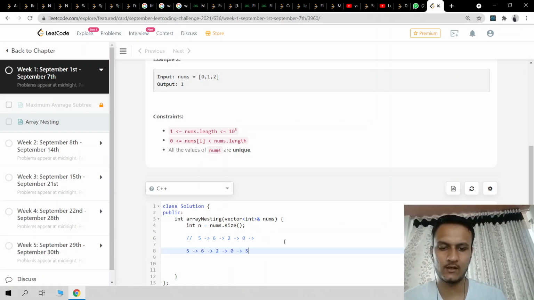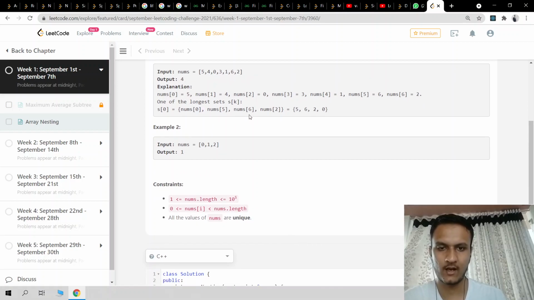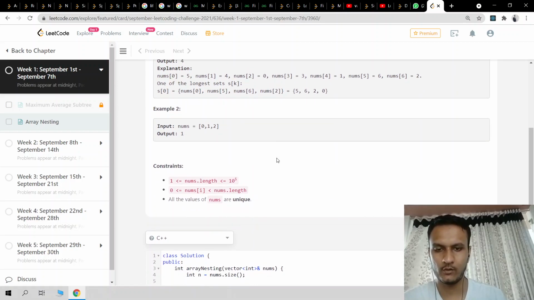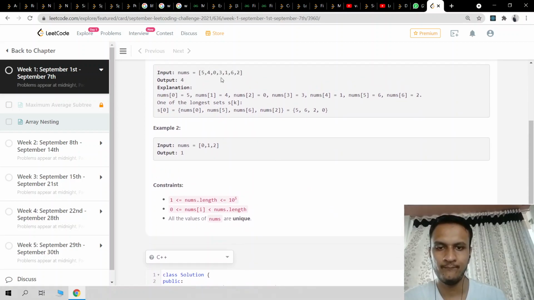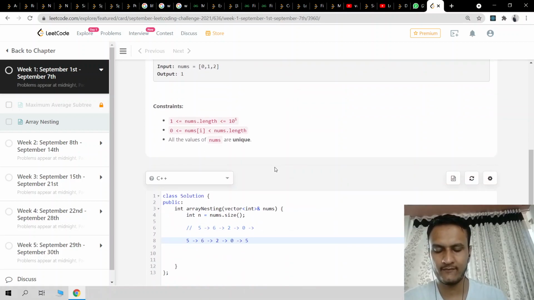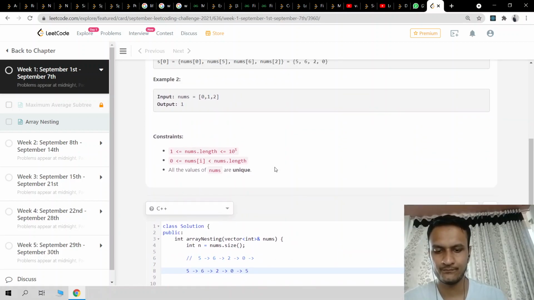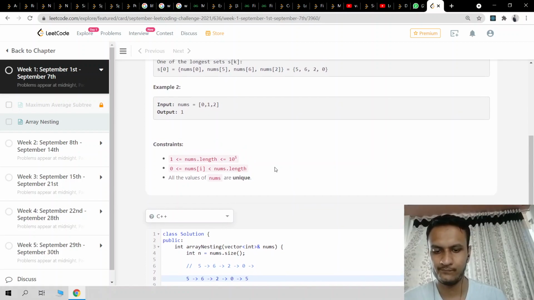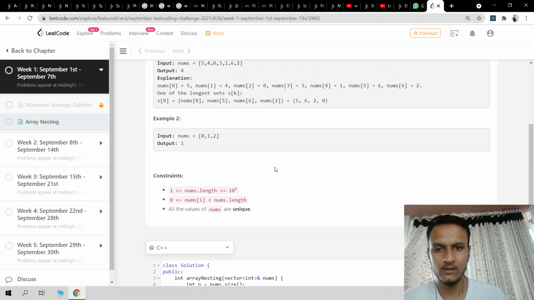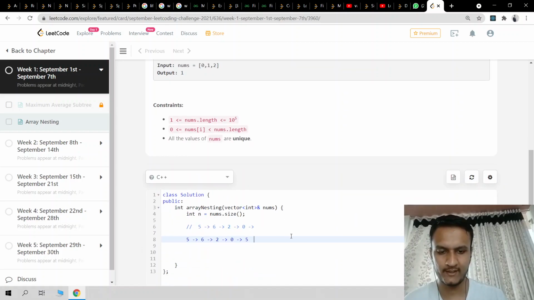Other than this, I don't know whether the other nodes also form a cycle or not, but let's have a look. I think it can form a maximum of 1 cycle. It's my thought. Let's look at this example again. So let's take the 4. There is another node called 4.